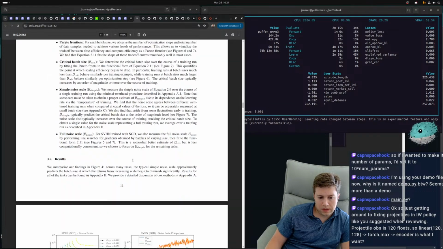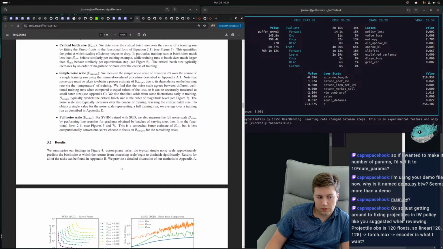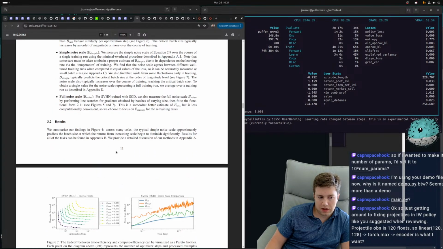So I guess with Muon in particular, we should be able to do some sort of experiment to demonstrate batch size, mini batch size invariance, you would hope. That's a good thing to do.